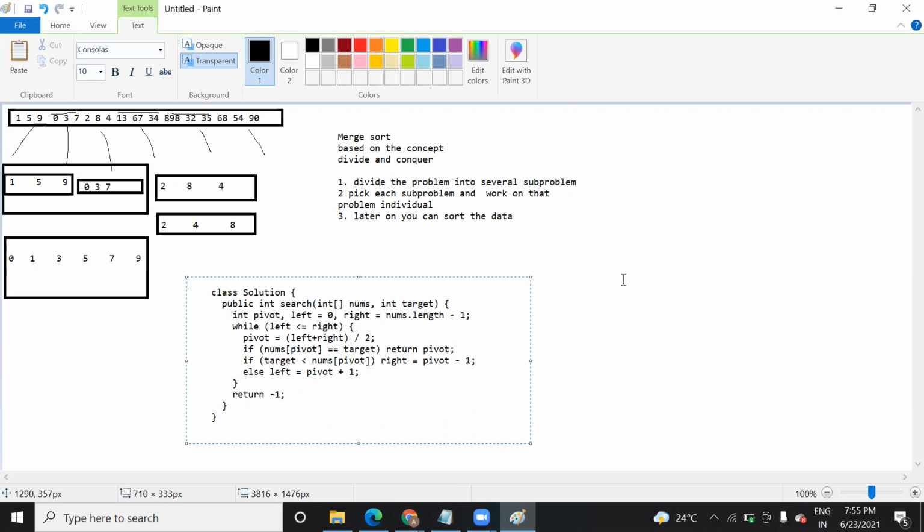I hope it is clear to you, and that I was able to explain binary search and divide and conquer. Don't leave this algorithm. It is very important for interviews as well as in the future when you work in a company. This will be helpful. So remember the logic before going to an interview. It is quite confusing, but apply the trick that I told you and remember it.